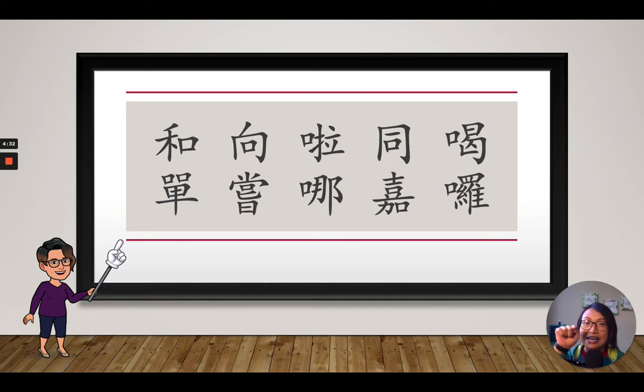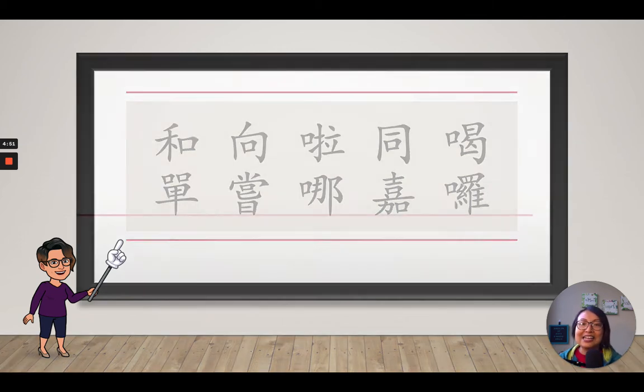Nothing will be inside the 口. You may see some Chinese words that have a box with things inside. That would not be the 口 radical. It will be another one, but we'll talk about it next time. So, the next part